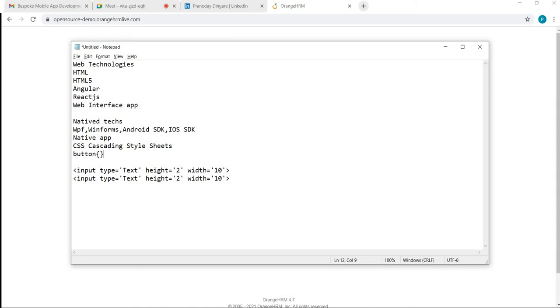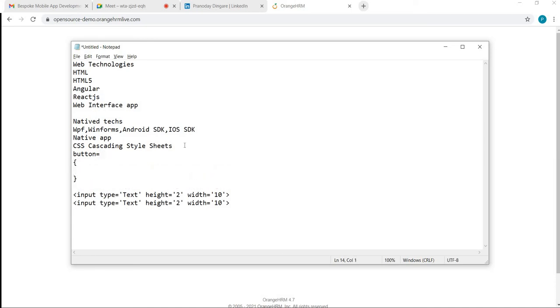We can give any name. I'm not writing the syntax exactly, I'm just trying to make this concept understandable. I may be wrong in the syntax of defining the CSS, but forget about the syntax, understand the concept.